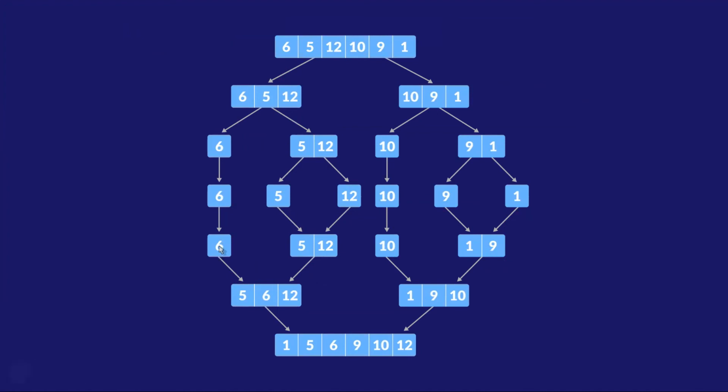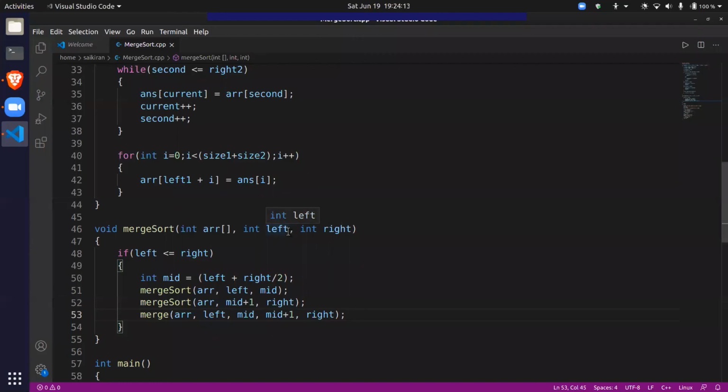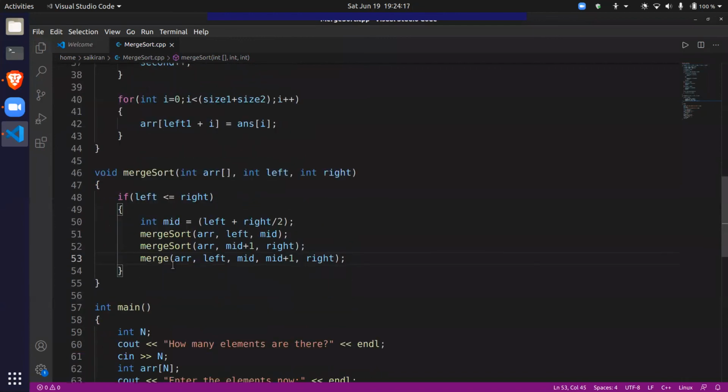Divide until the left boundary and the right boundary are either the right is greater than left or they both will be equal. Left boundary cannot exceed the right boundary, right? So that should not happen. This is another way of saying stop at size 1.